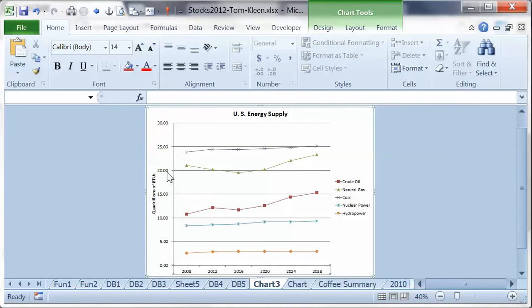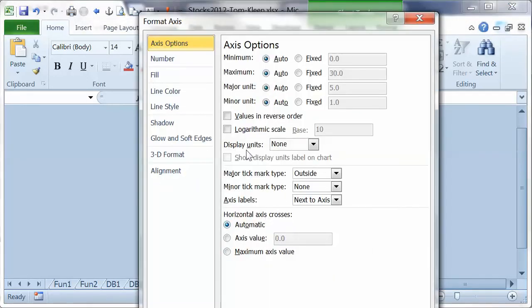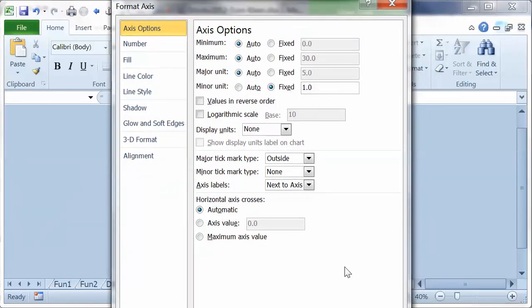I want to try format axis on the y-axis, and my major unit is 5. I'm going to leave that, and my minor unit I'm going to set to 1, and click on close when I'm done,